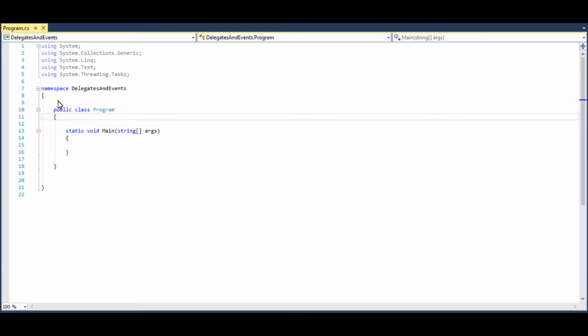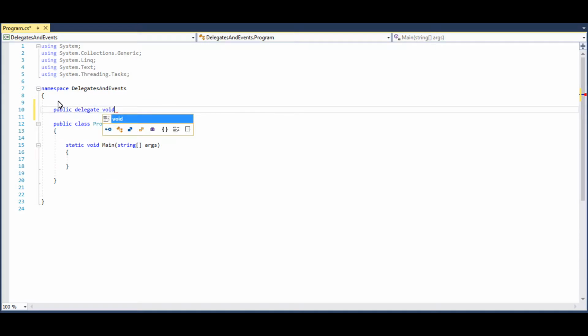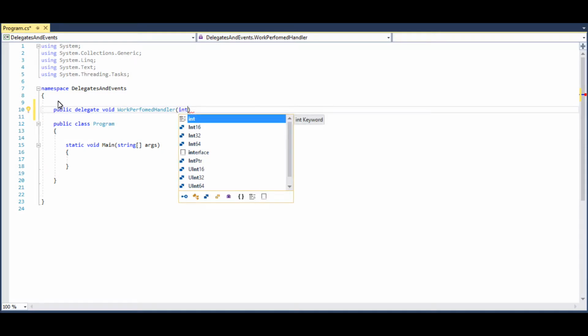So in order to create a delegate, we use the delegate keyword, and you do it outside of the class. Let's create a delegate called work perform handler, and for it to have two parameters,